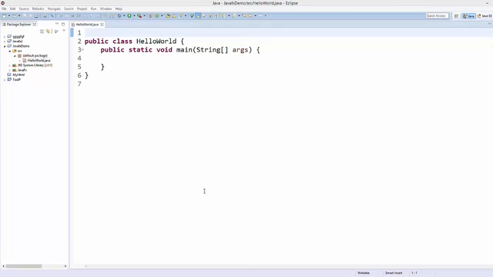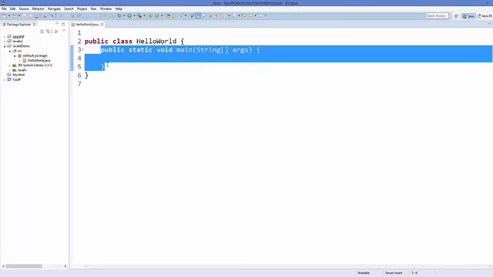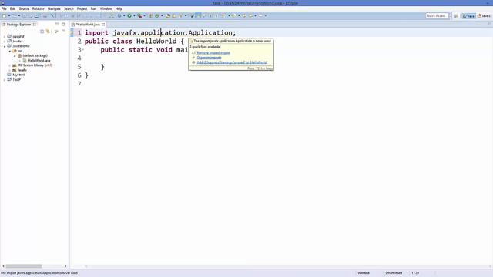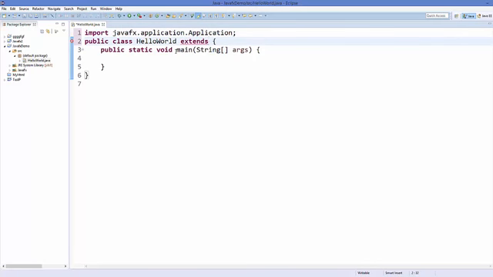In this video, we will see how we can create our first JavaFx application from scratch. So let's get started. I have this basic barebone Java class with the main method. Now to add JavaFX support in this class, first I need to import this library called javafx.application.Application. Okay, and after adding this library, you can extend this class with the Application